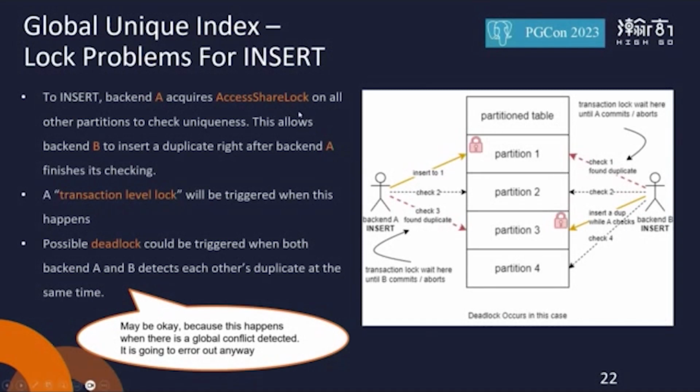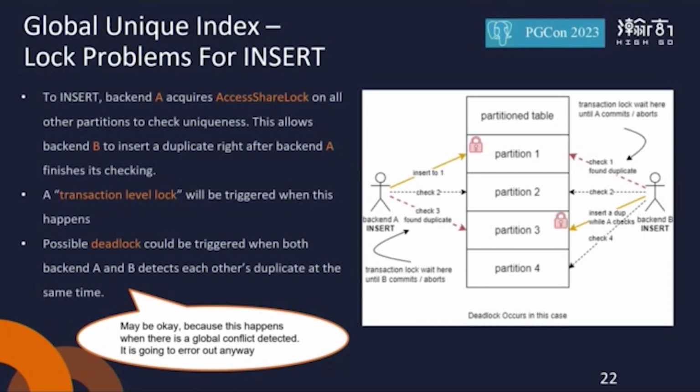So it doesn't really prevent concurrent inserts. When you have this lock for reading, other backends can still insert to that. So you may be wondering, what if I just finished checking and then you insert a duplicate right after I checked? In the insert case, it's okay, because when backend B does an insert, let's say it inserts a duplicate, it still needs to check every single partition. So everybody is doing the same thing, always cross-checking. So you will also see that a duplicate is in partition 1. So in that case, backend B